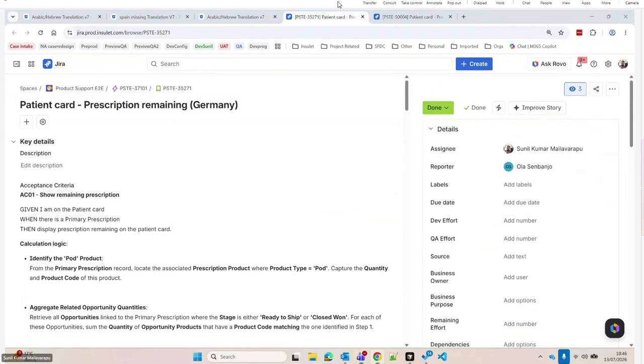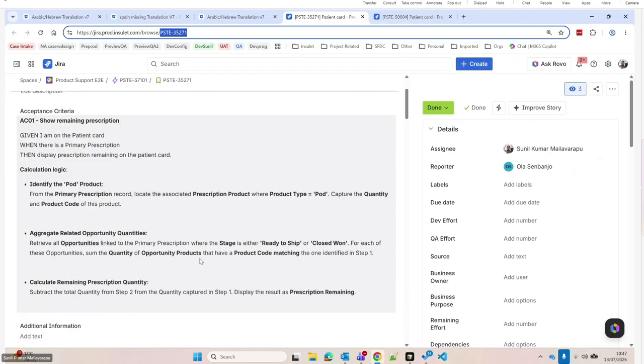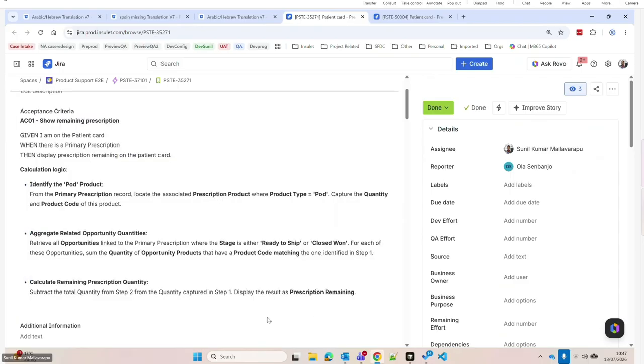And why this change about. So the initial story is this one, 35271. At that time, what we implemented was this logic. And what this is saying is